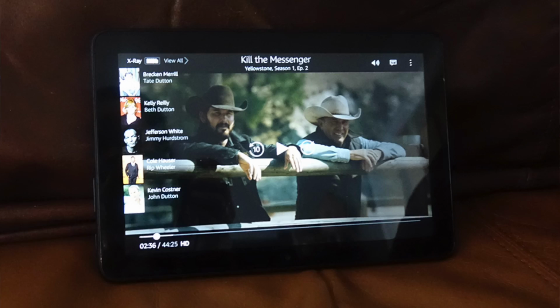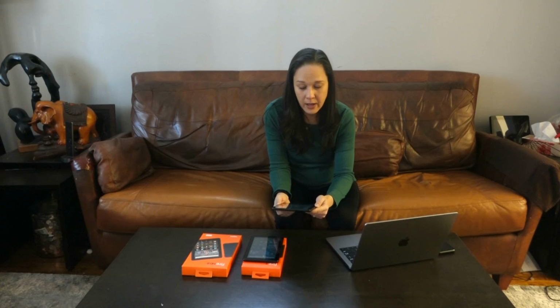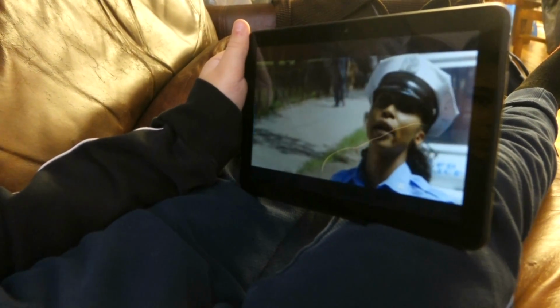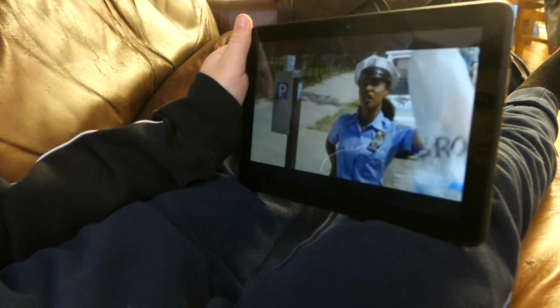Now again, you do get a higher res screen as well as a larger screen with the Fire HD8, and you do notice the difference when you're watching videos. I watched some Amazon Prime videos on both of them, and you do get a clearer, more vivid picture, vivid colors, crisper details with the Fire HD8 than you do with the Fire 7. So if you're going to be watching a lot of videos and movies, that's something worth considering. If it's for a child, they might not notice the difference or care for that matter, so the Fire 7